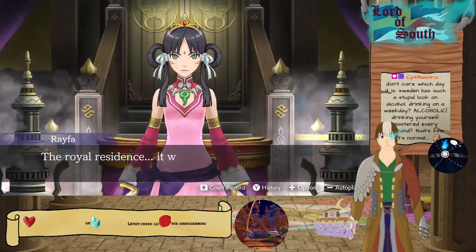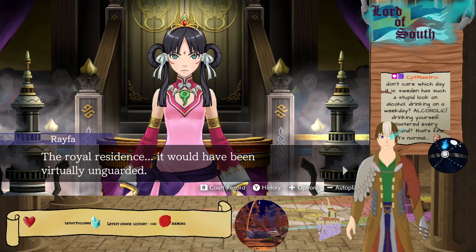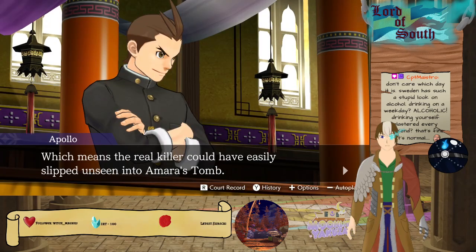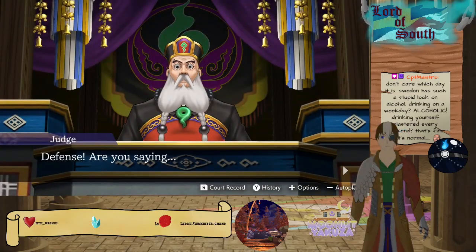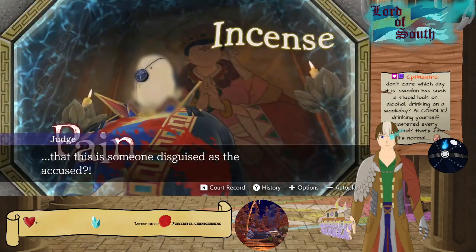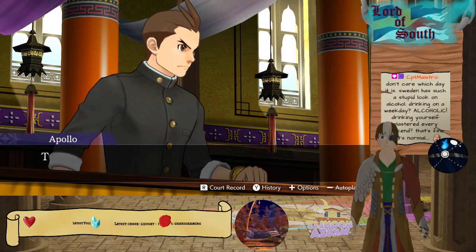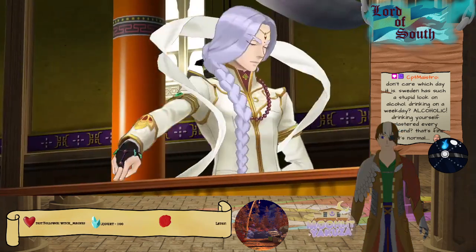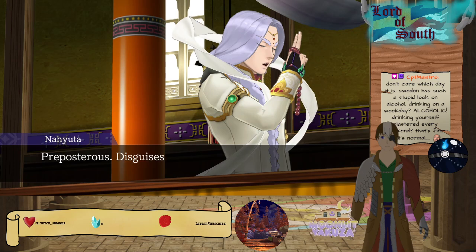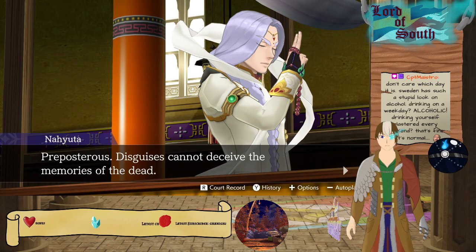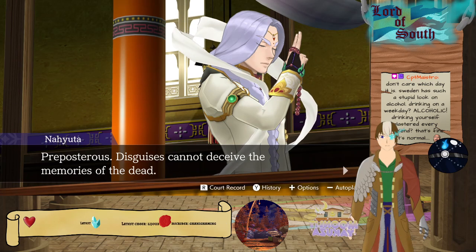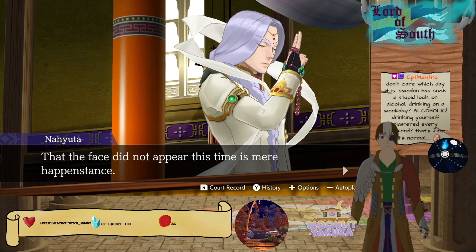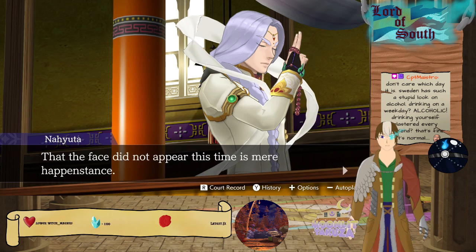The royal residence would have been virtually unguarded, which means the real killer could have easily slipped in unseen. Depends, are you saying that there's someone disguised as the accused? That's exactly what I believe you might say. Preposterous. Disguises cannot deceive the memories of the dead. True. But sicknesses can. That the face did not appear this time is mere